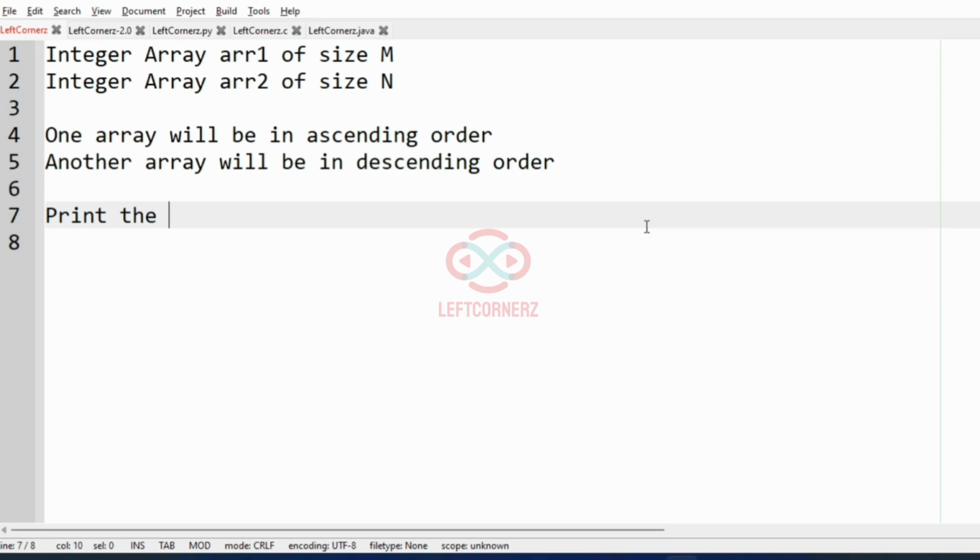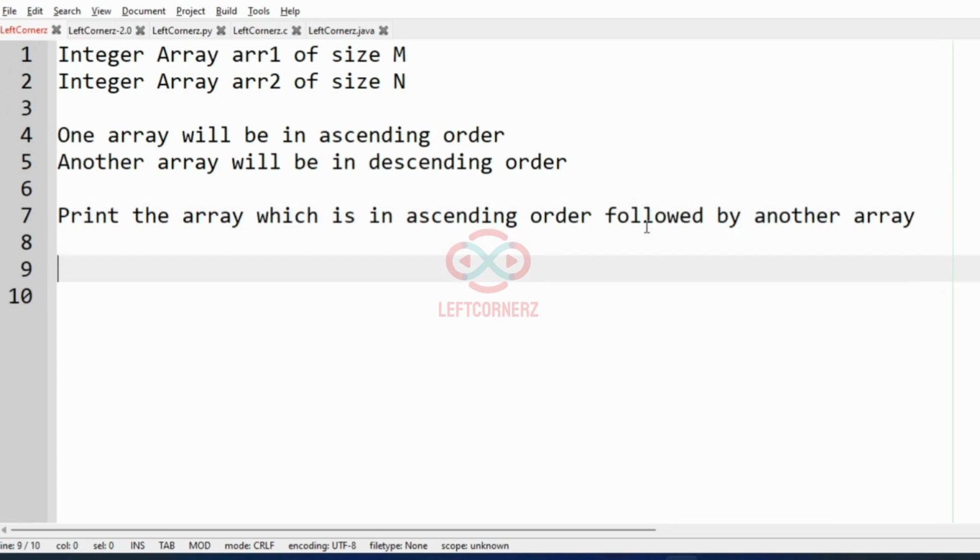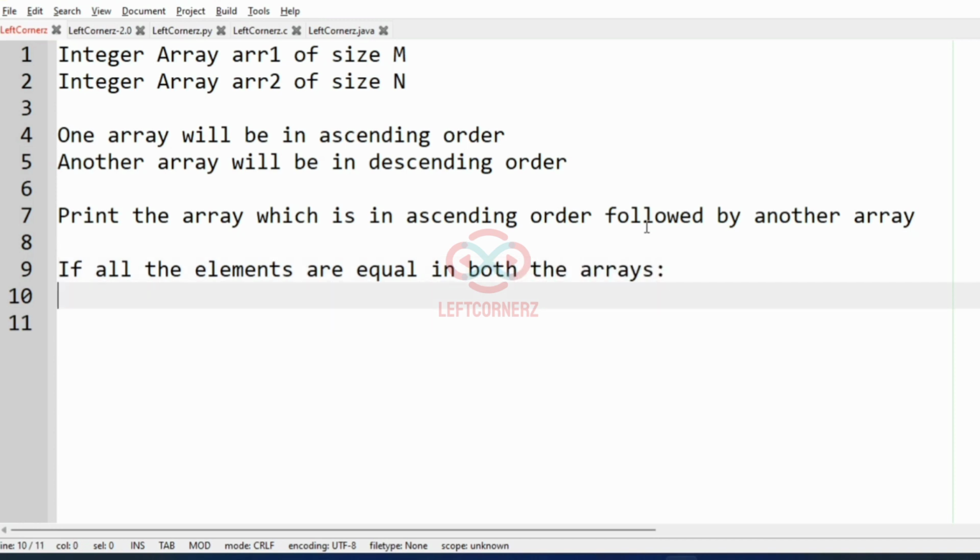So now we have to print the array which is in ascending order followed by the other array, and if all the elements in the array are equal in both the arrays, then we have to print the array with the smallest, that is smaller value first.